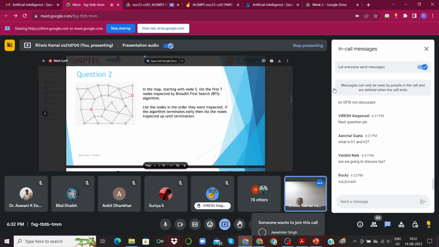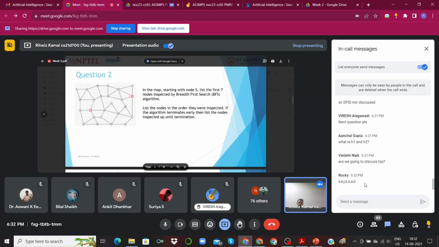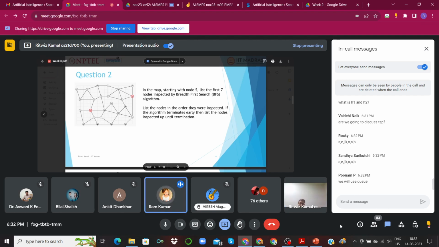Okay, so again, I'll give you a minute. Hello sir. Yeah, Ram. Suppose if we reach the node, then it is taken as an inspected node? Once you decide to go from your previous node to the next node, the current node that you are at that point is going to be inspected.